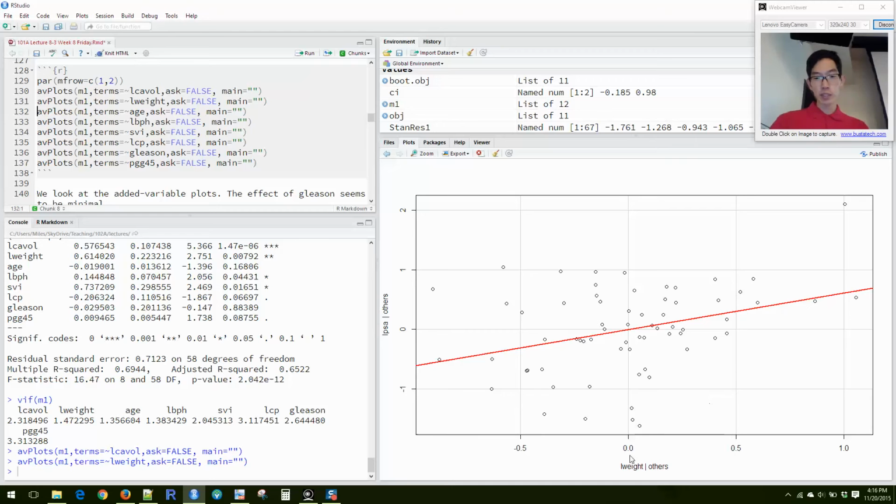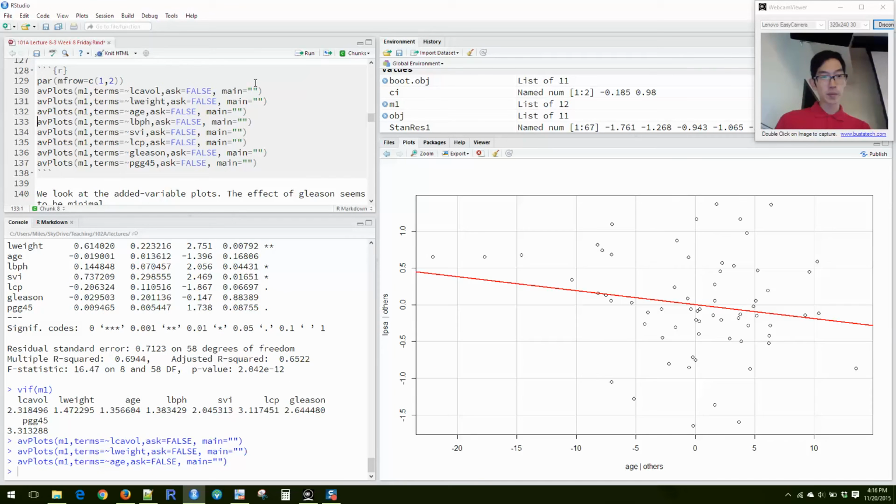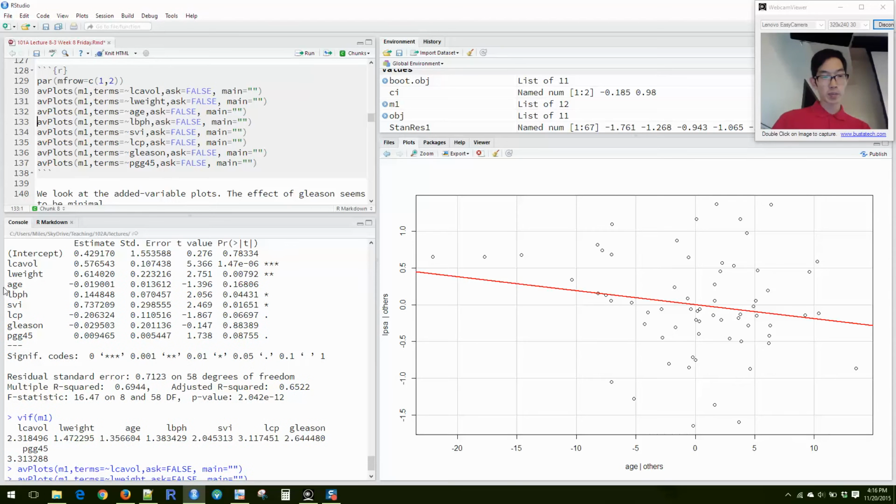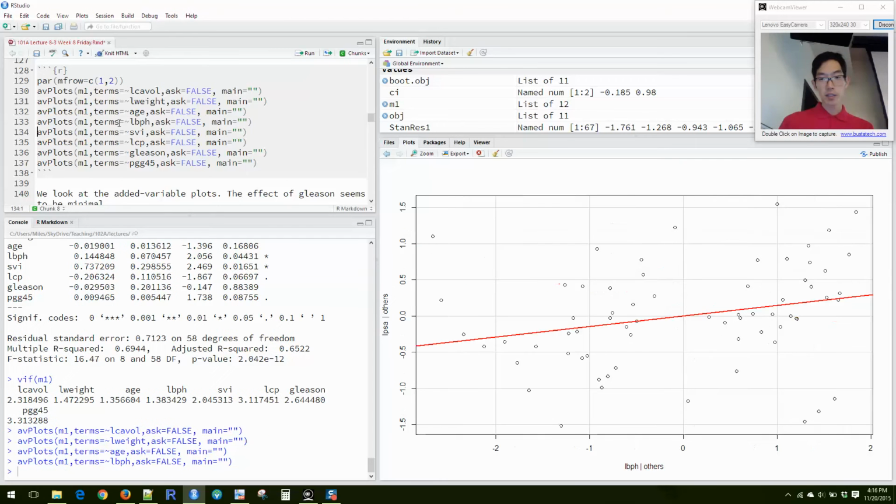When we look at the log weight, most of the data actually seems like there's not a whole lot of relationship, but I think this one data point out here ends up pulling our entire line up that way. Okay. Over here also not a whole lot. Maybe these data points are quite influential, but as far as the p-values go, this one doesn't seem to be very significant anyway. Okay, and so all of these,